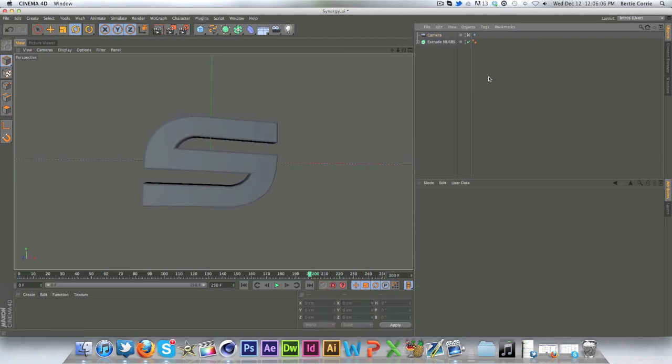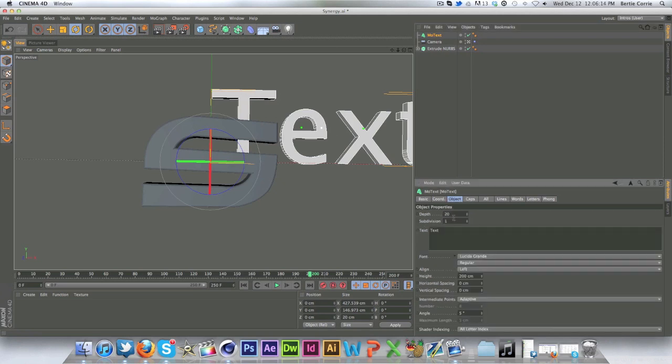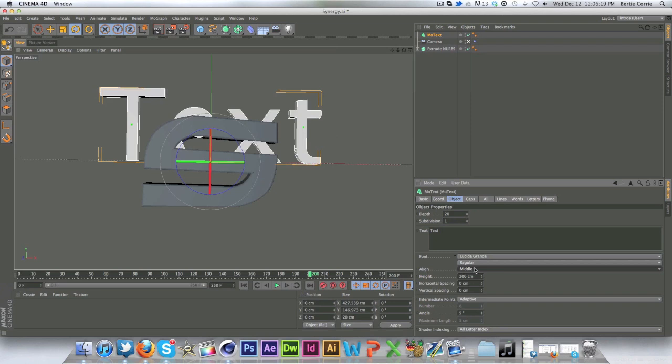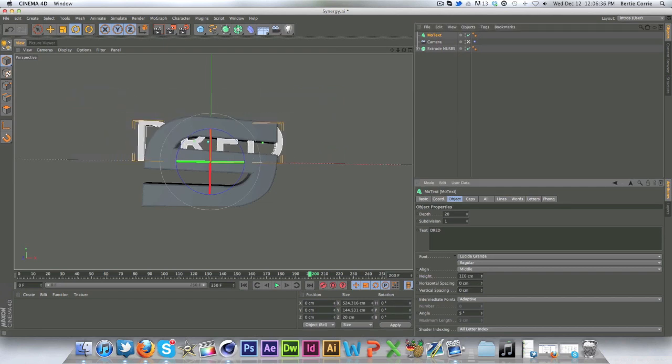So now we're going to add the text, so MoGraph, MoText, going to Object, and we're going to have it align to the middle, and we're going to change this to whatever you want. I'm making an intro for Synergy Dread, so I'm just going to have Dread like that. We're going to make it much smaller,